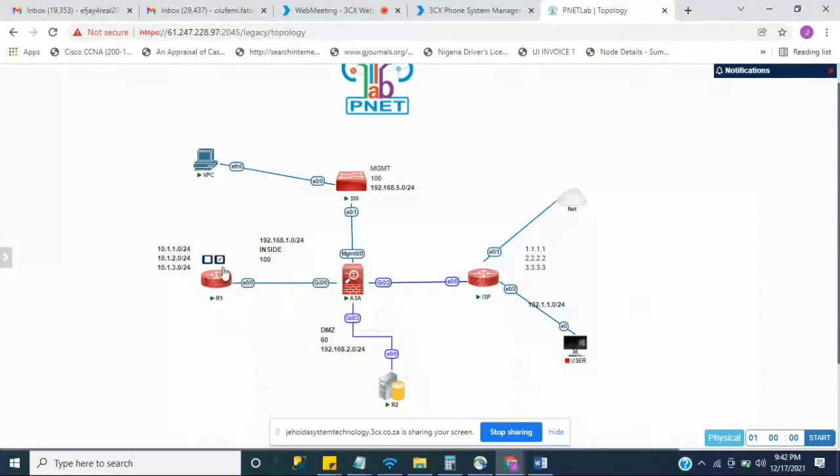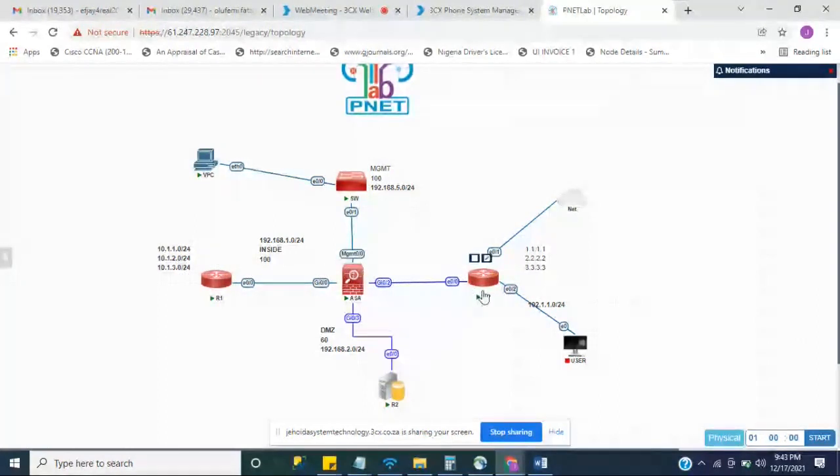But in this regard, we are saying that the ping is getting to this ISP. If you do a show connection or you do a debug on this ASA, you will see that the ping you sent towards this ISP actually got to this place. And if you also do a debug on this ISP, you discover that the ping actually got there. But to verify, if you inspect ICMP on this router, you will discover that the ping will be successful, meaning that from the higher security level to the lower security level,